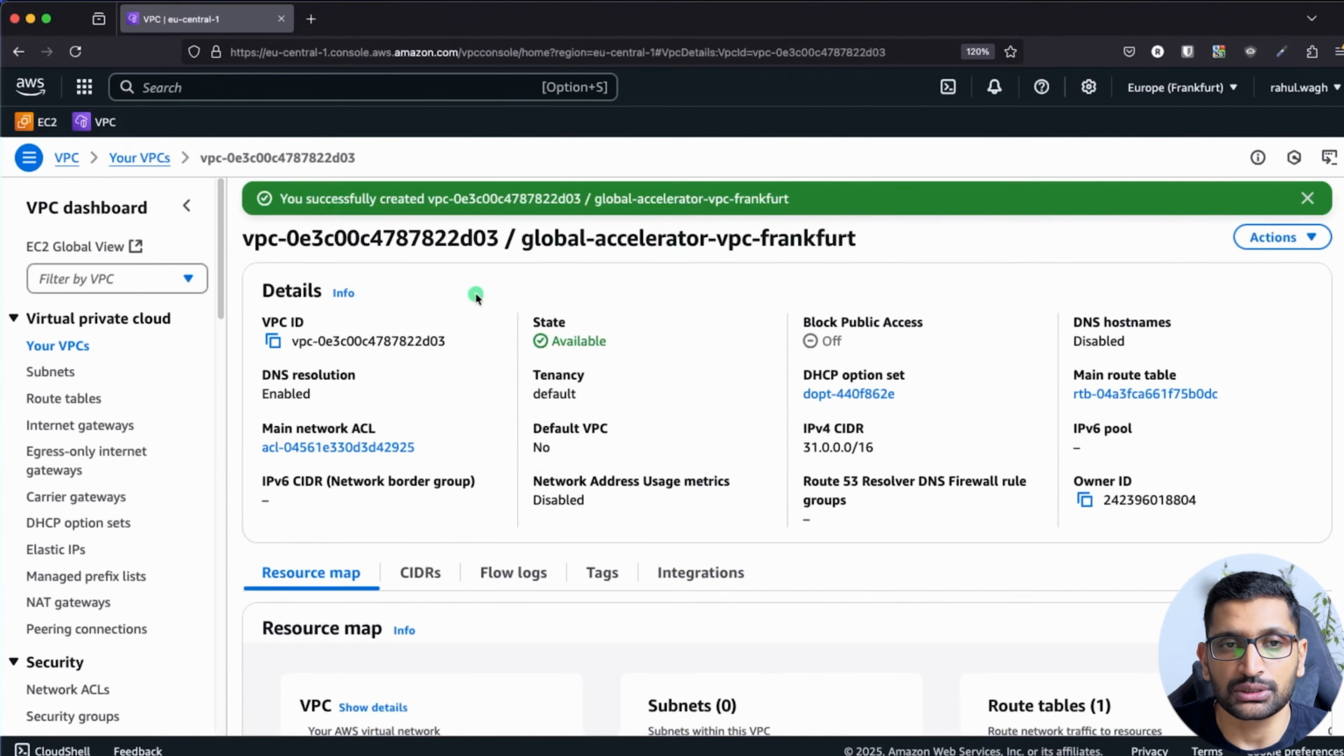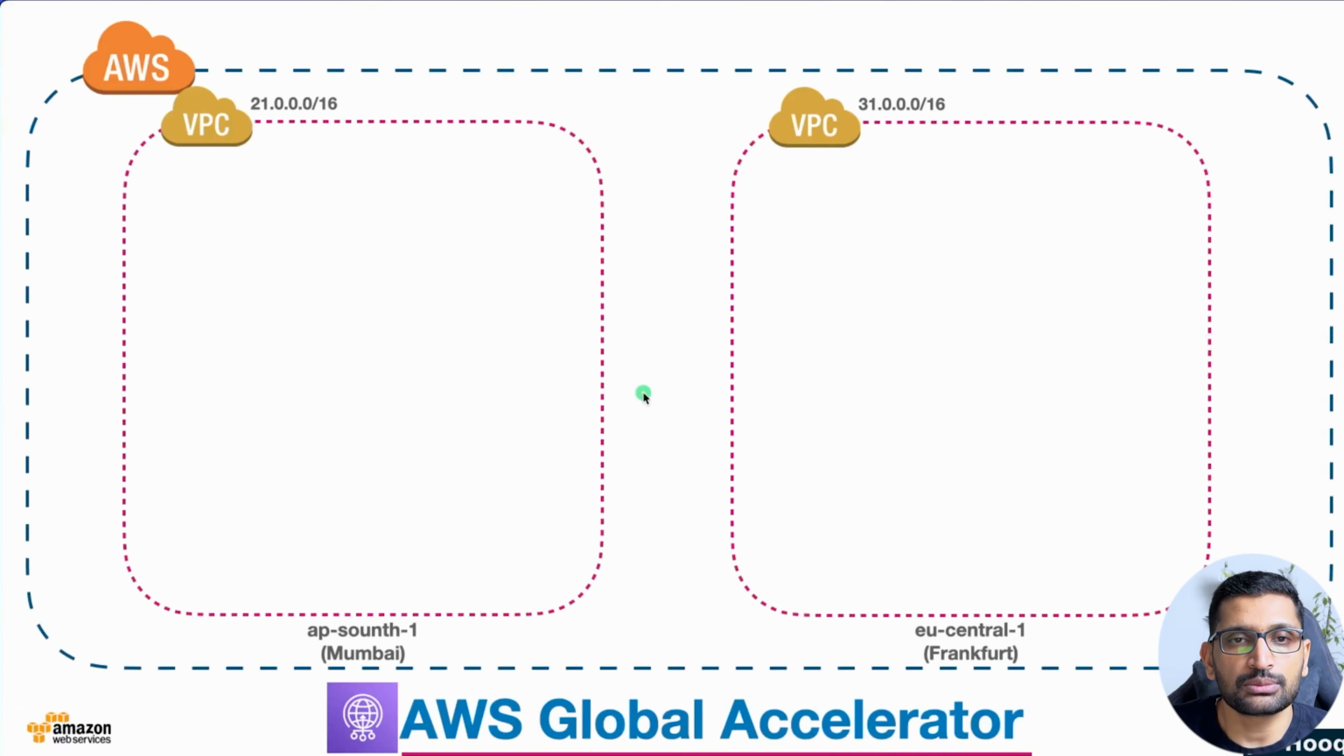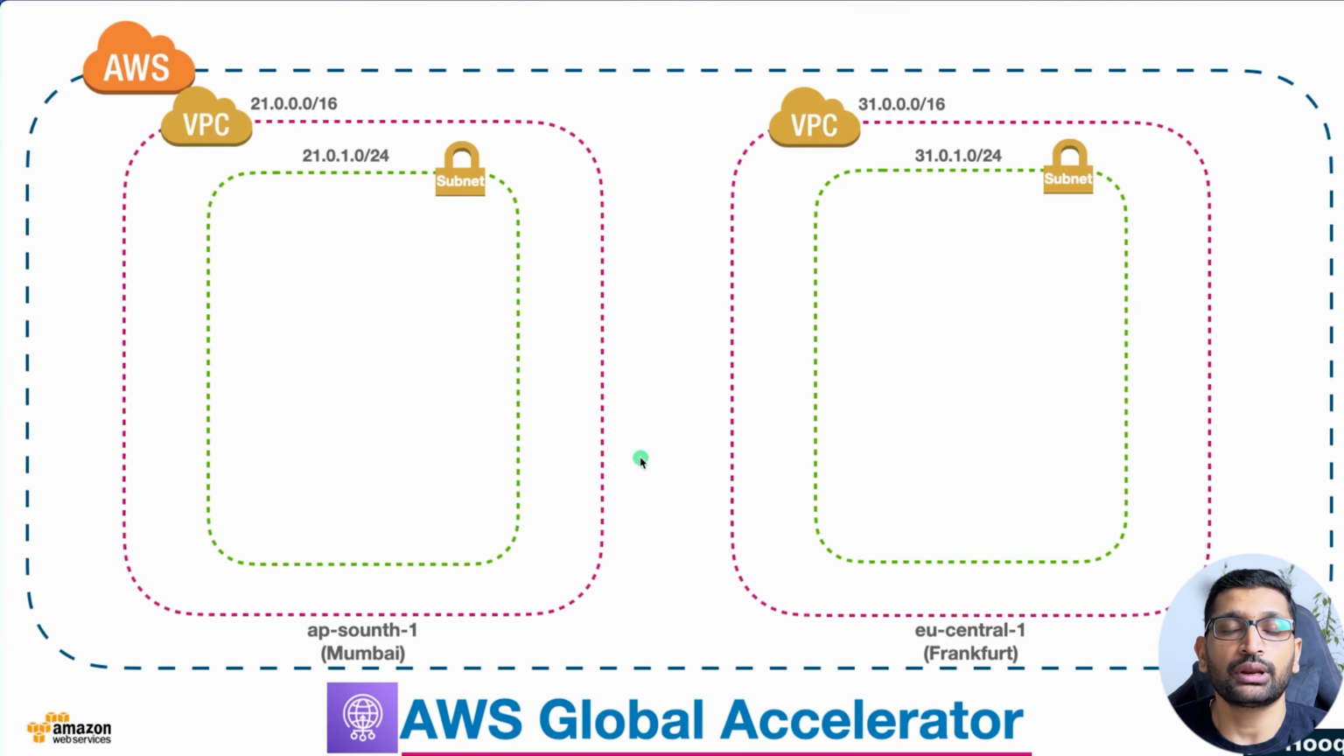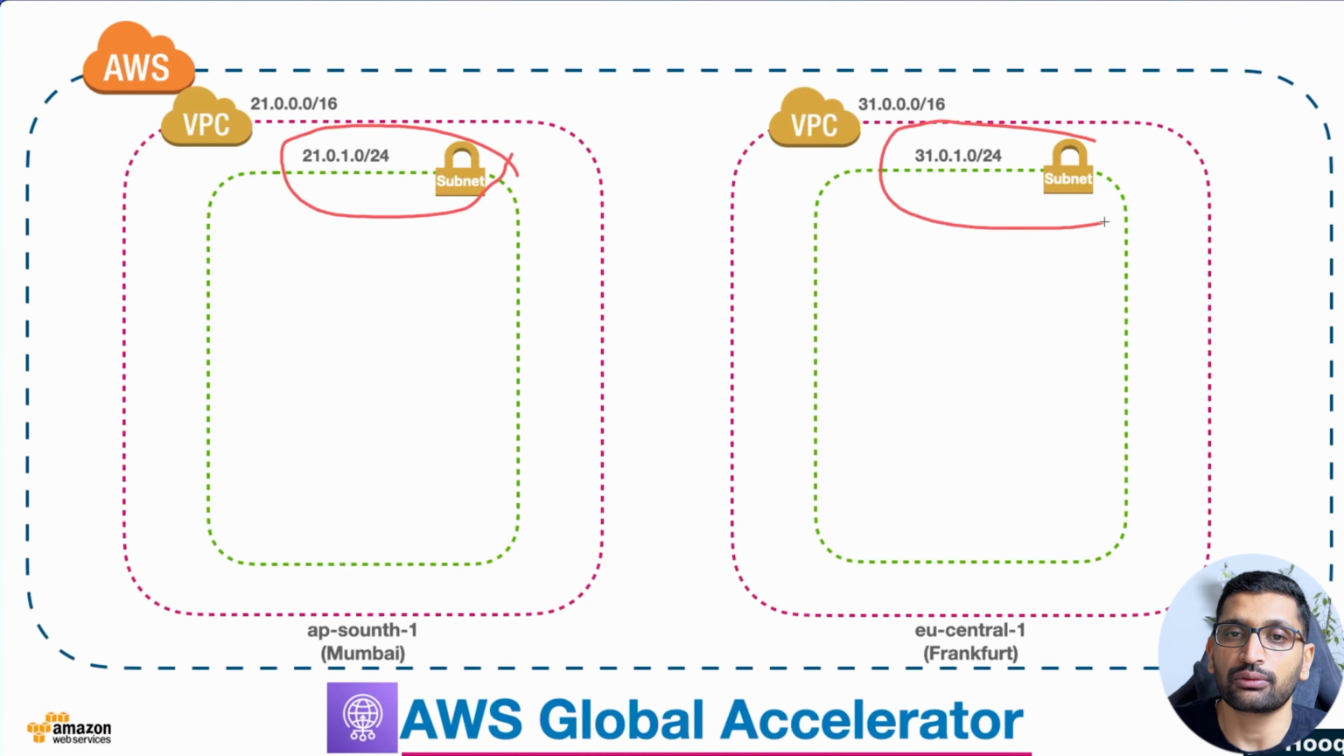So if you take a look at this particular diagram, then we have achieved our first step, creation of the VPC in both the regions. Moving further, the next component which we need to create in both regions, in both the VPCs, is the subnet, which you can see over here. So this is the subnet we need to create in the Mumbai region as well as in our Frankfurt region